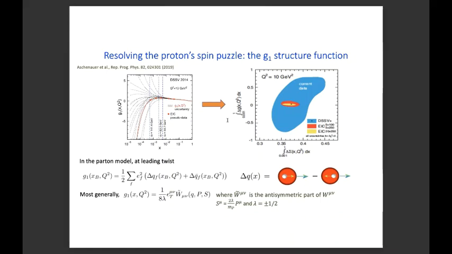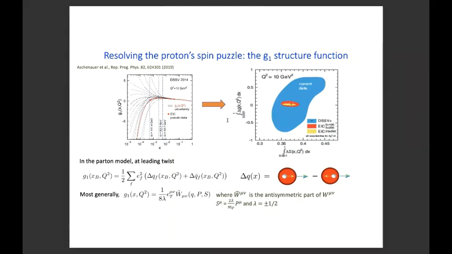Yeah. How constrained theoretically is the shape of G1, in the sense that could it wiggle? Could you collect some data where it looks like it goes down, but actually turns right back around? Is that possible? Is there some theoretical prejudice here? Yeah, so there are theoretical prejudices from regular physics and also from what I'm going to talk about, actually. What I'm going to talk about is what the possible shapes are that you could have and what they mean. And so what I'm going to argue, to give you a preview, is that from the shape you can learn something about sphaleron conditions. That's kind of my punchline. By measuring this, you can learn something about that.